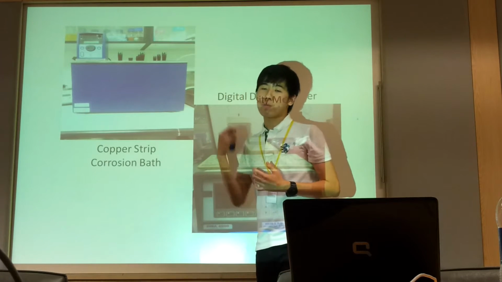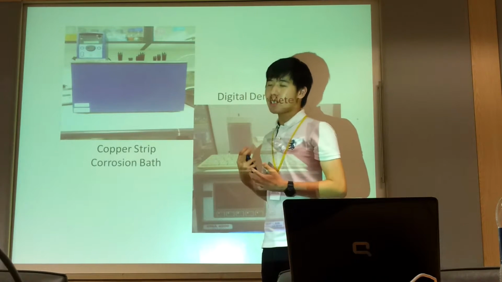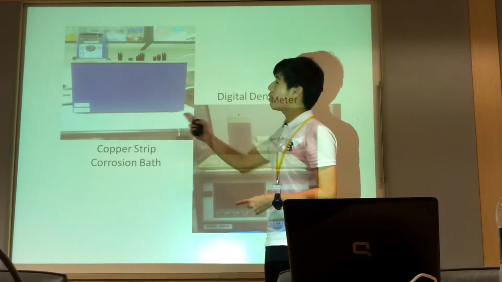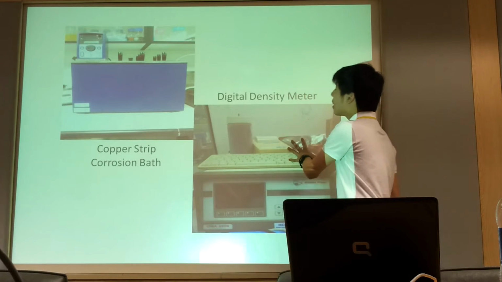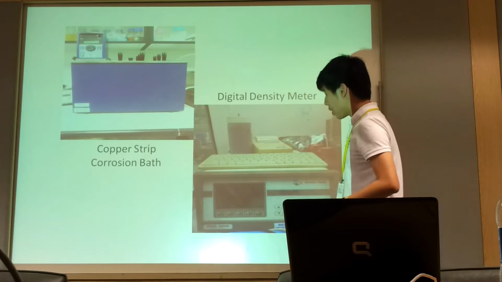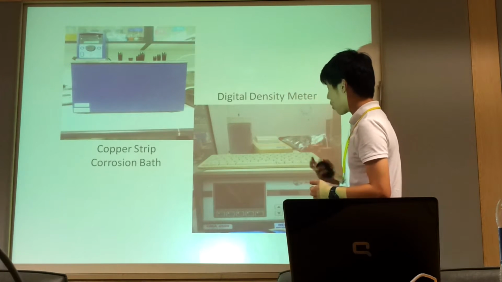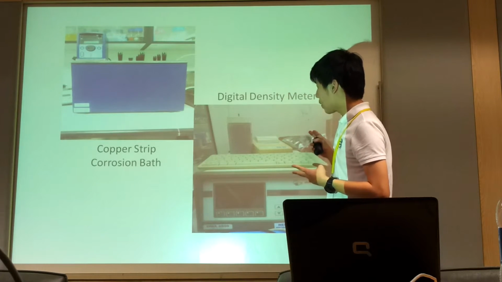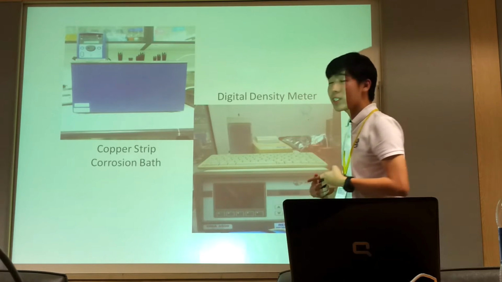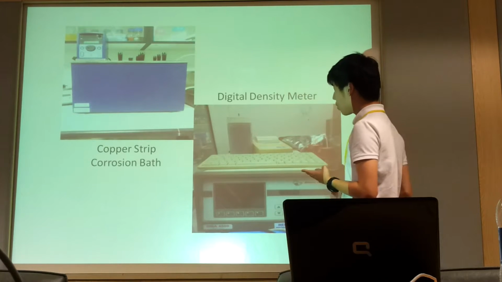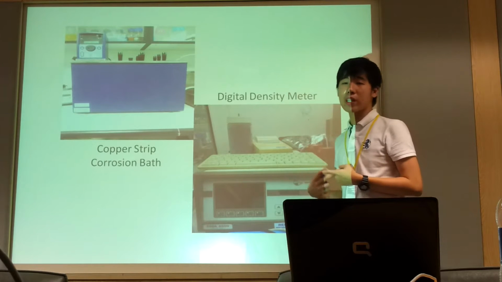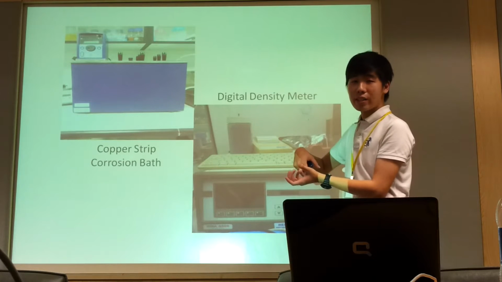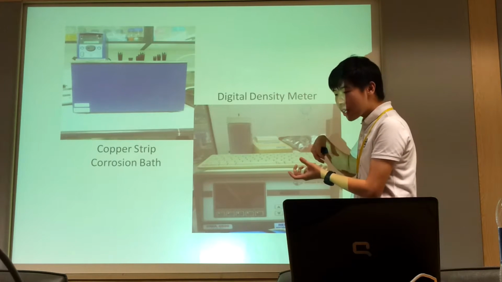The value of corrosion will be rated by a label data given with the machine itself. The digital density meter is an instrument that we use to calculate the density. There are 2 types of measurement. Number 1 is the automatic, and number 2 is the manual. Automatic, you just insert the substances and it automatically counts. And number 2, the manual, is where you have to inject the liquid and wait for the results to come out.